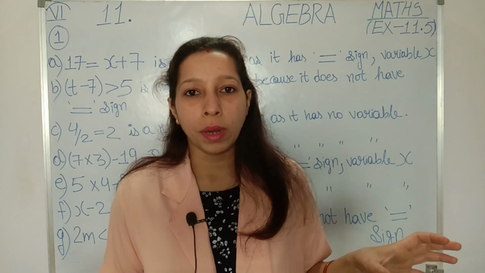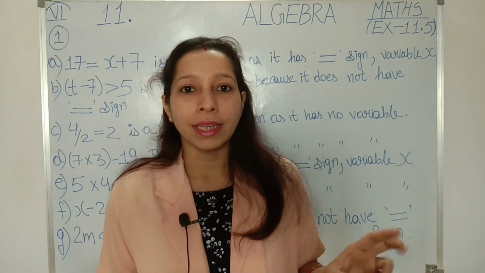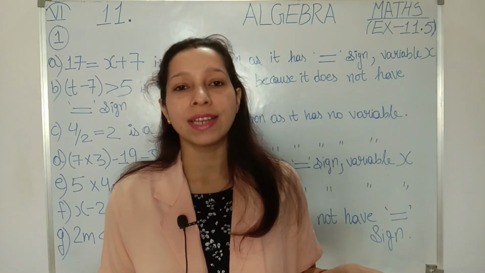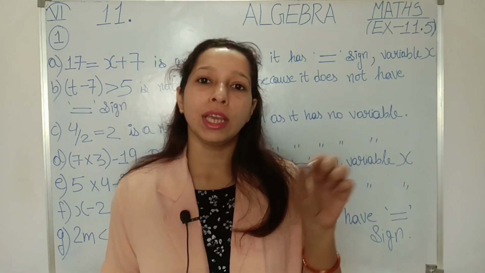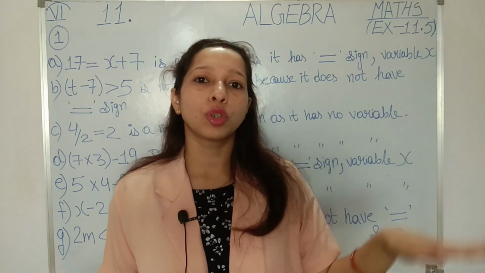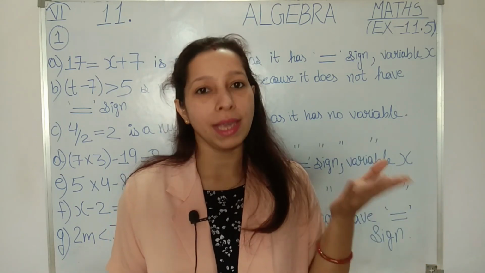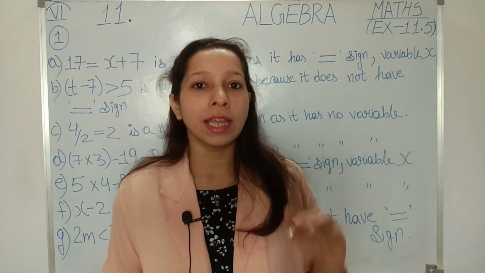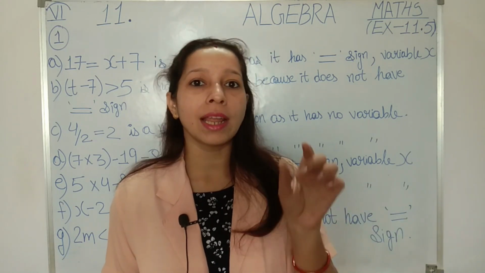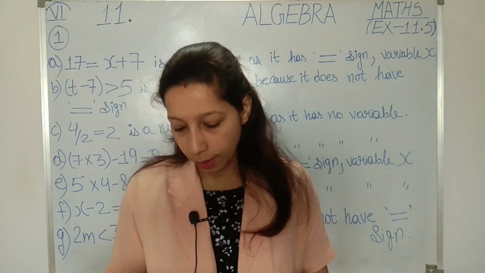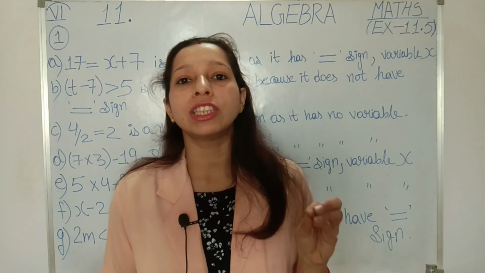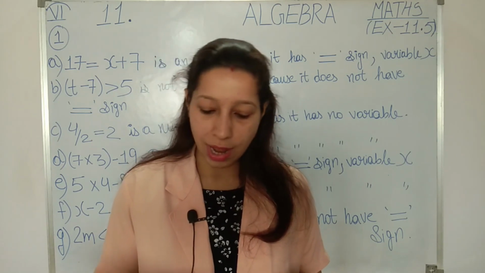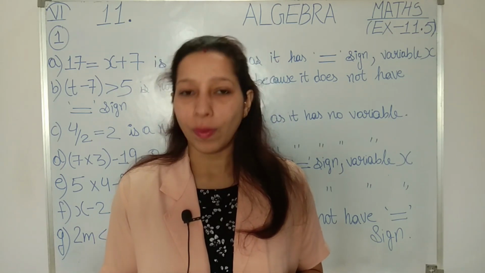Now students, what do you mean by equation? Equation means statement of equality. An equation will have two sides, left hand side and right hand side, and in between there will be an equal to sign. Both the sides should be balanced, both the sides should be equal. So how to identify an equation, students? A statement of equality, LHS will be written, RHS will be written, and there will be an equal to sign in between. Then here you have to identify such equations which are with a variable, and you have to write the variable also. Give reason for your answer.